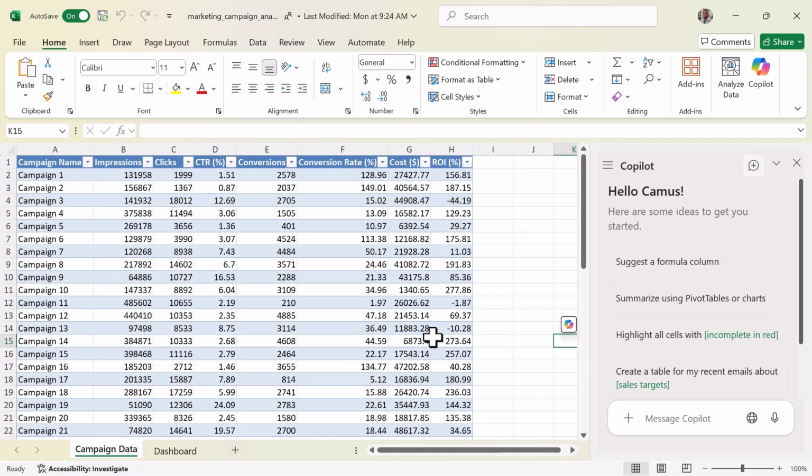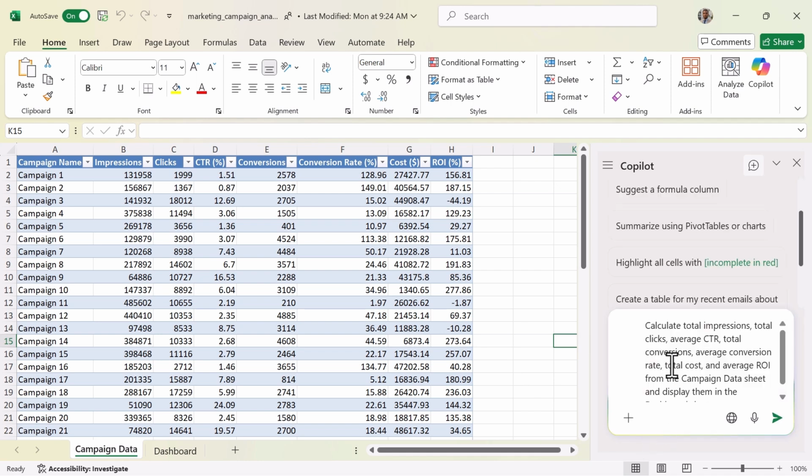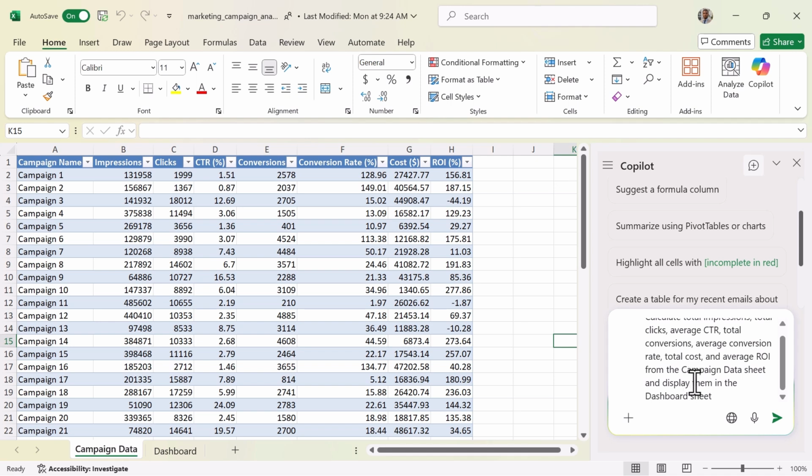The first step is to generate the KPIs, so in the Copilot prompt already prepared, the prompt will be added. Here is the prompt. Calculate total impressions, total clicks, average CTR, total conversion, average conversion rate, total cost, and average ROI from the campaign datasheet and display them in the dashboard sheet. This prompt is actually large, so at this point it will be checked to see if Copilot can process it. It is not able to complete it, and this is already testing the limits of Copilot. It will be examined to determine if it is possible or not, and a way around it will be found